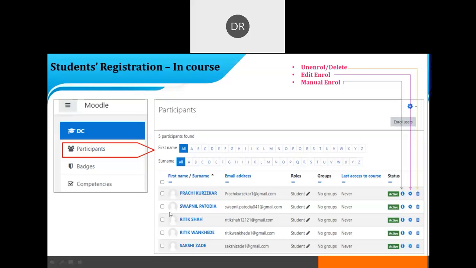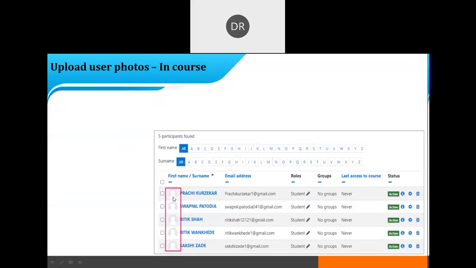Now here you will find, after enrolling the students, there is a tab before the name. You will find some circle, that is Swapnil, Prachi, like this. So this is for their photo. You can add their passport size photo. Again, for this, you have to make a folder offline. Make a folder of passport, that is identity card photos. This is not mandatory. If you want the student passport photo to also be uploaded, then you have to make a folder offline on your laptop or desktop, like this.